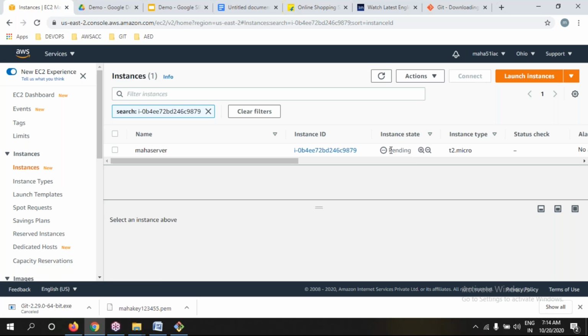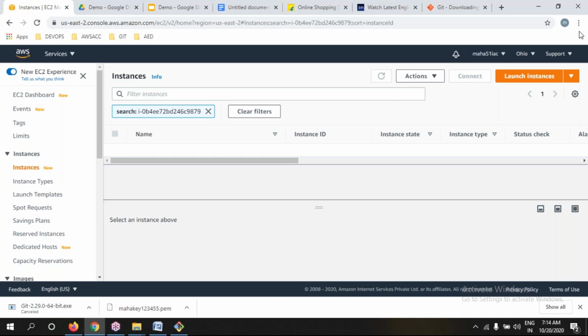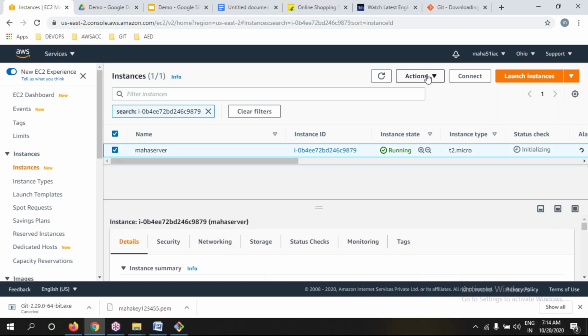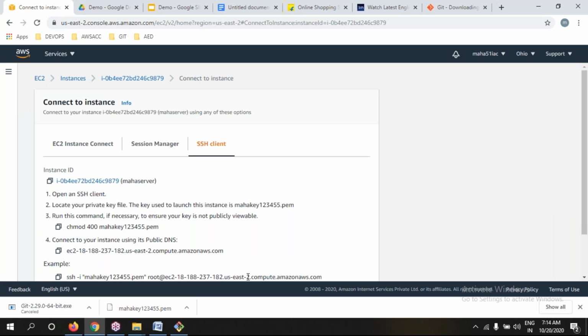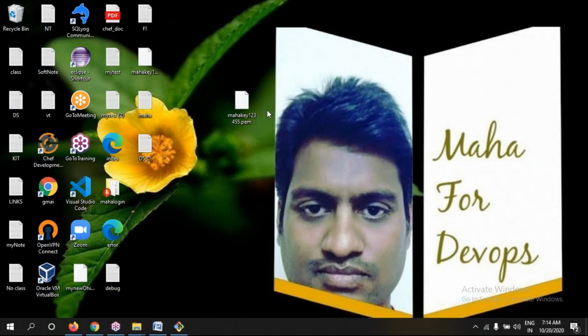Let it be running safely. Select the server. Connect. Copy this URL, please. There's nothing but an SSH connection. Where exactly did you download the PEM file?